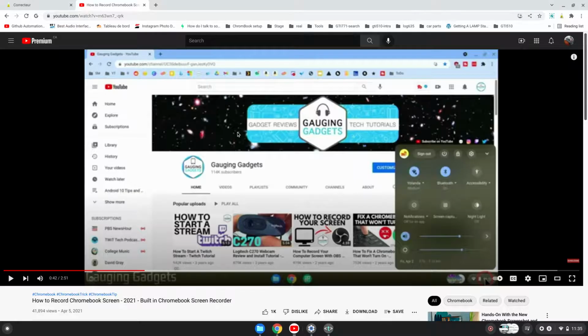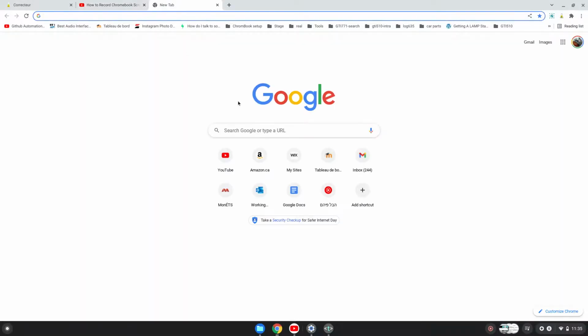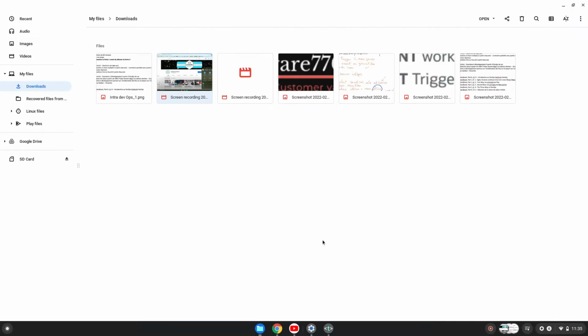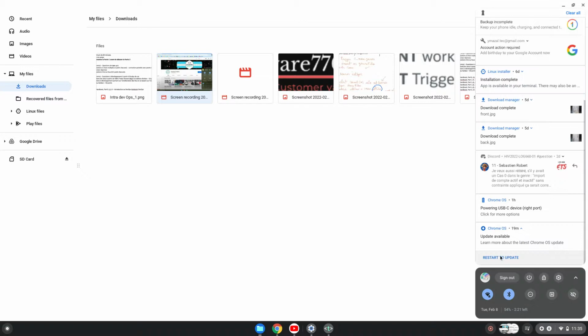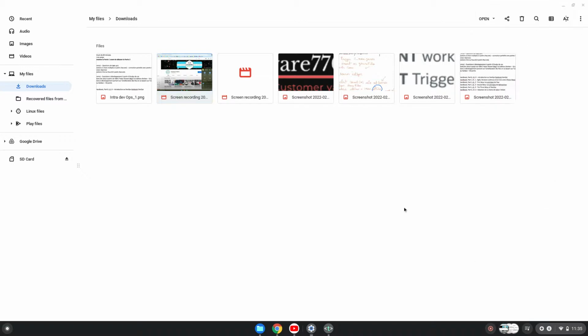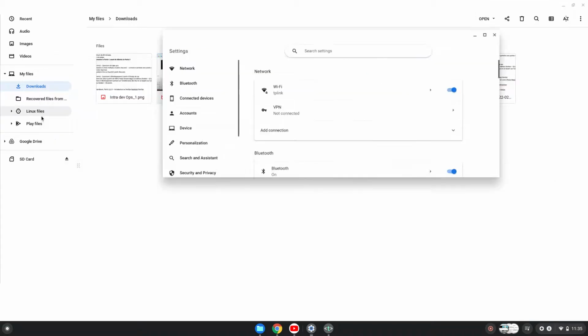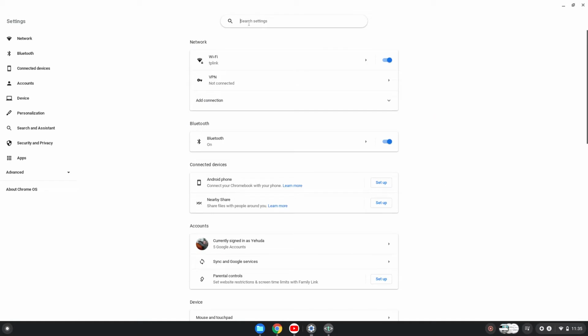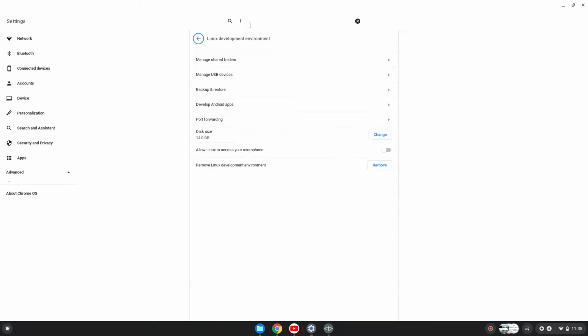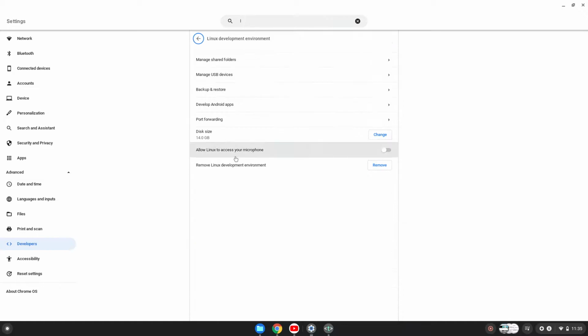Today I'm going to show you how to install Visual Studio Code on your Chrome OS. So first you have to go to settings, and in settings you have to enable Linux. Once you enable Linux,